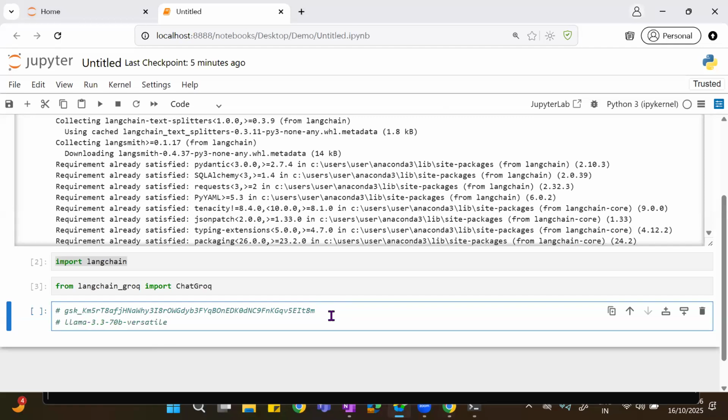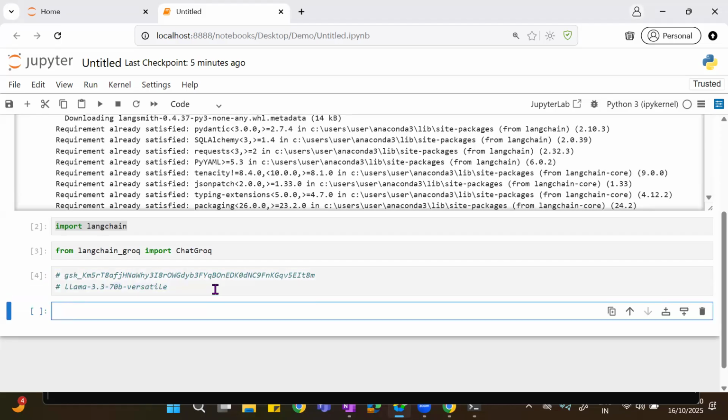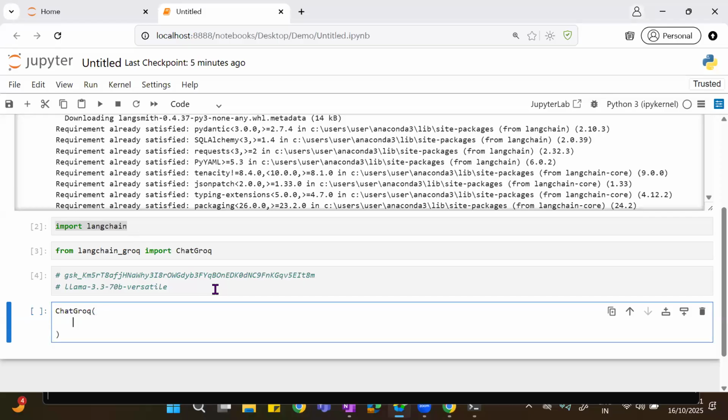First, I created an API key on Groq, and I also took an LLM. Groq is a platform on which this LLM is there. All you have to do is create an API key. This is free of cost and you can access this. Now, how are you going to access it? Simple. All you have to do is use ChatGroq. Here I will give it the API key first, that is GROQ underscore API underscore key.